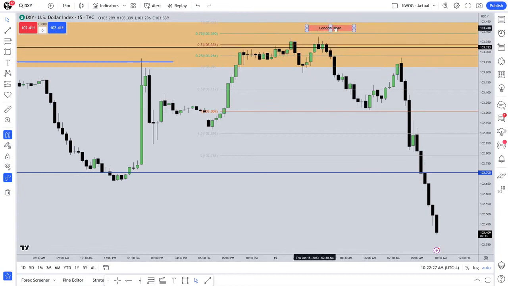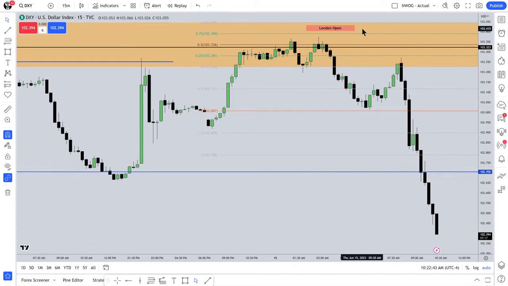Inside this window of time that begins at the left side of that London Open Kill Zone annotation box to the right side, in this area is when the trade begins, when the shift in market structure will occur, when the high of the day forms. 70% you have a probability that the high of the day will form between 2 o'clock in the morning and 5 o'clock in the morning, New York local time.